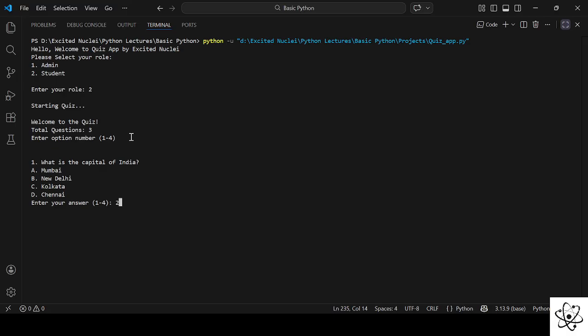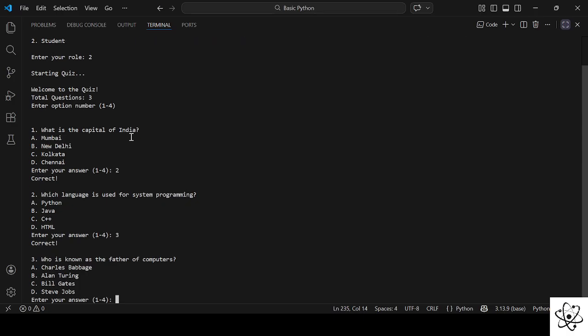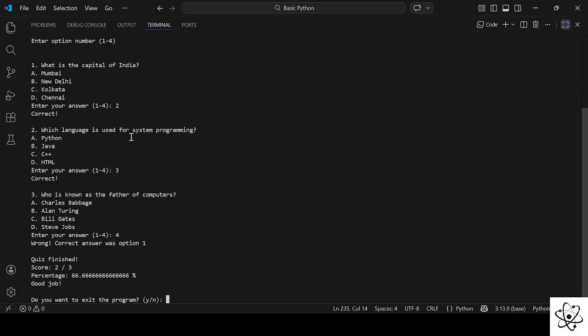So let's say, what is the capital of India? Option 2 is the right one. Then, what is system level programming? Basically, I have skipped the whole statement. Let's just put the right answers, or maybe let me put something wrong here. Let's say Steve Jobs. And yes, as you can see, we get the score, we get the percentage, and then we get a good job